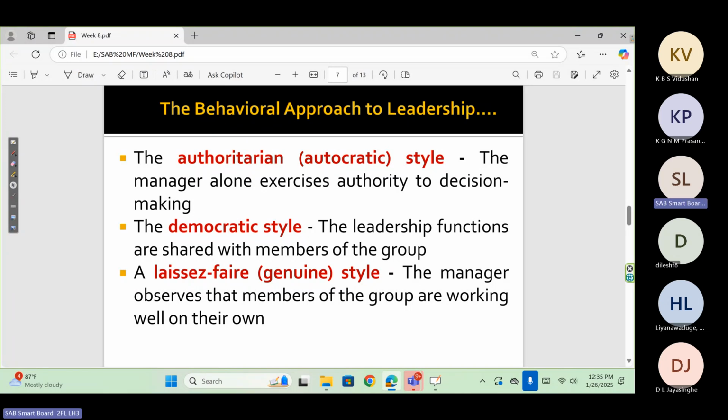The third one is where more delegation to others should be given by the leader. The leader may consider only the most critical matters. Therefore, it is said to be laissez-faire leadership, or genuine leadership, or delegative leadership, or empowering leadership, or distributed leadership. These three were identified by the Iowa research. So, even today, we have to consider it. There are new leadership styles and theories based on this classical work done by the Iowa research.